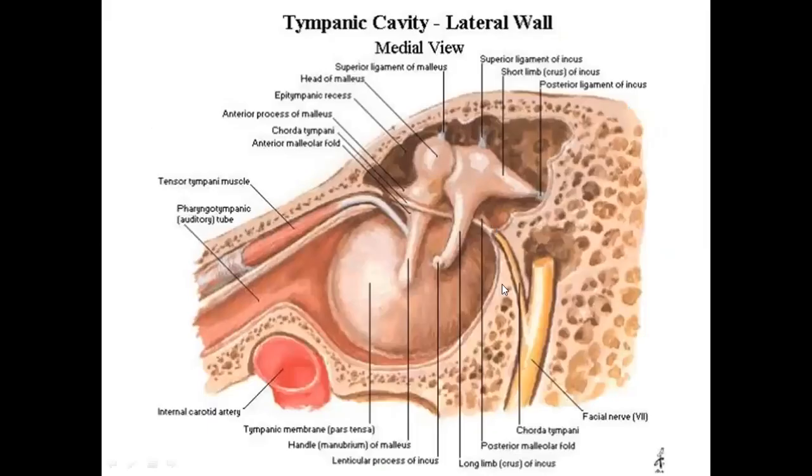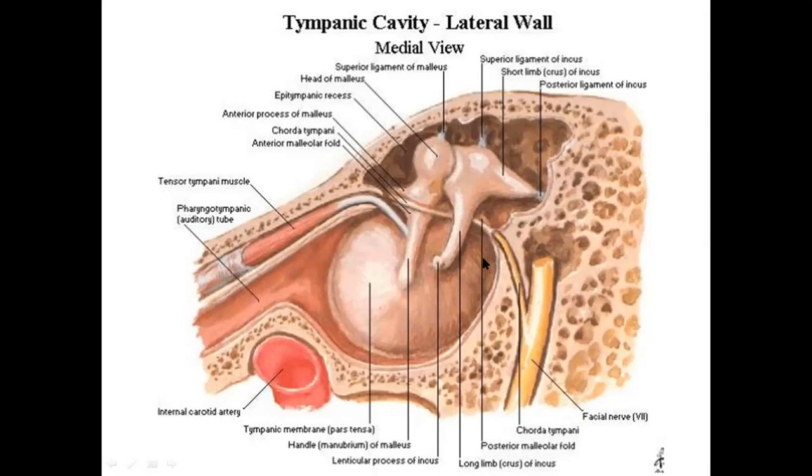So this is again the chorda tympani, which passes over the posterior part of the tympanic membrane and over the handle of the malleus, and this is the canal for the tensor tympani. This is the pharyngotympanic tube. This is a thin bone which separates the tympanic cavity from the carotid canal or internal carotid artery. Okay, this is the mastoid antrum. This is the facial canal for the facial nerve, which comes from the medial wall, and then through the posterior wall it passes down and passes through the stylomastoid foramen in the base of the skull.